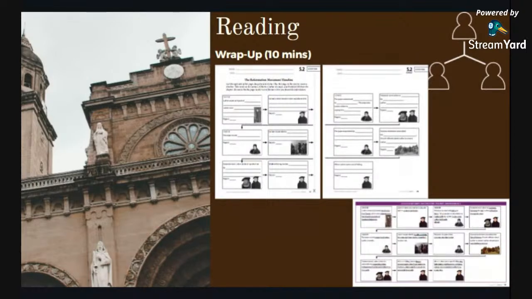Okay, to wrap up for 10 minutes, students are going to turn to activity page 5.2 here and follow the directions, which are to cut the right side of this page along the dotted line. And they're going to glue these 2 pages together to create a timeline. The activity is they're going to be taking notes on the actions of Martin Luther, the Pope, and Frederick III from the chapter, making sure that they list page numbers to reference where they found the information.